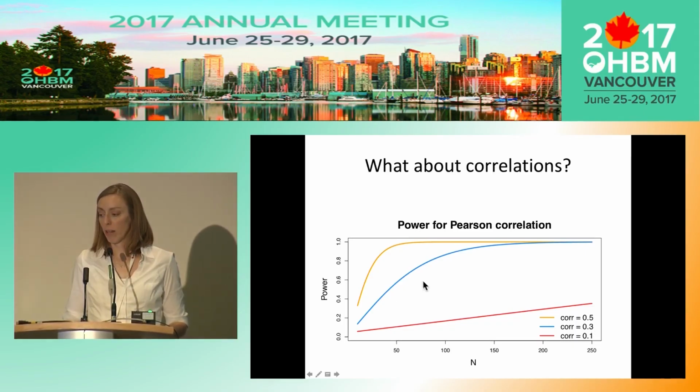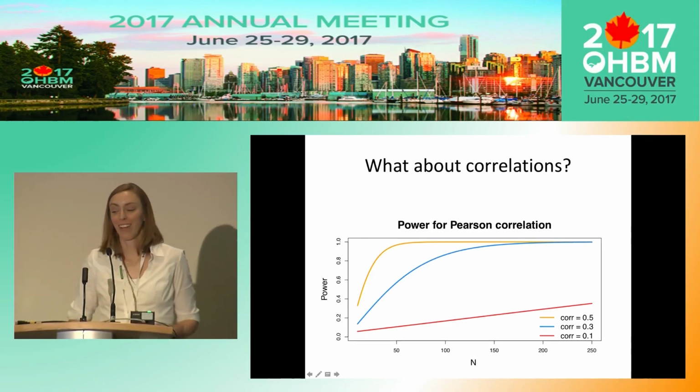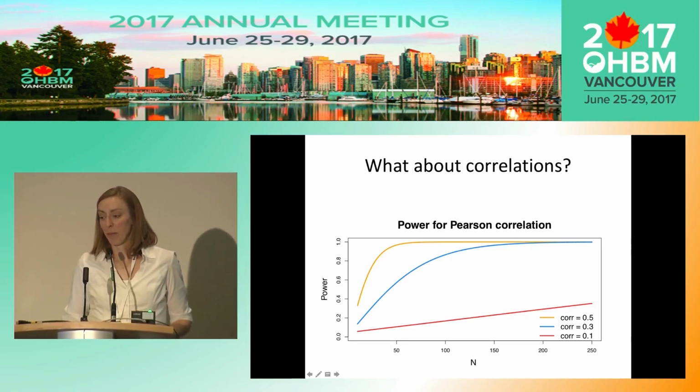And you can see that for that effect size of a correlation of 0.3, you need close to 100 subjects to have 80% power. So for me personally, I typically aim, and I get laughed at a lot, but I'm like, could we please have 100 subjects per group? I very rarely get it, but I'm going to ask. And sometimes you do get it. I know someone, she has an R21, 100 subjects per group. It was the most magically planned study ever.